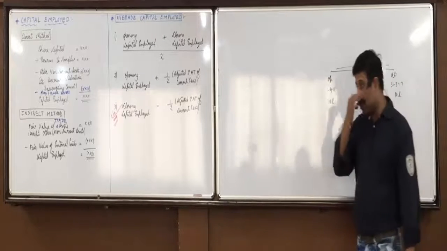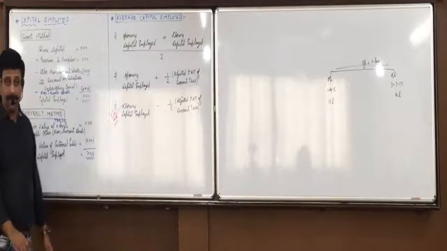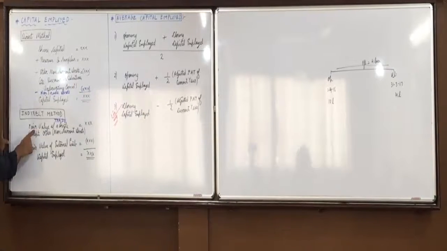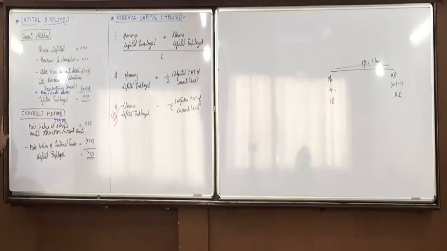Okay, two notes I made. First of all, keep it in mind, when you find goodwill, in this capital employed, in assets, don't include goodwill also, because goodwill is what we are finding. So in valuation of goodwill, goodwill itself will not be taken into consideration. Other than that, we have to take the fair value of only trade assets, and we don't have to take non-trade assets. Okay, so write down this note.